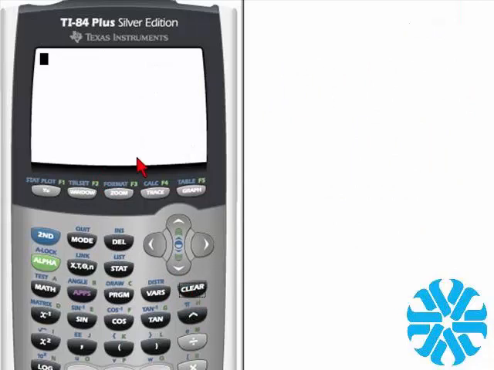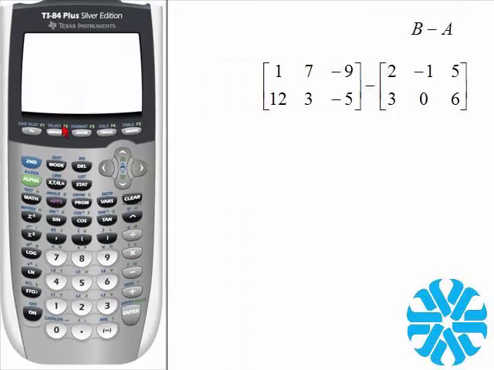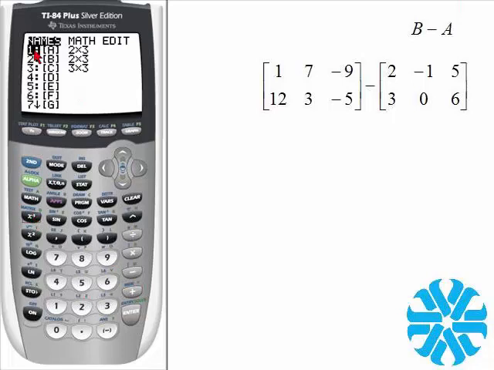Alright, for example number 2, we would like to find the difference of matrix B and A. So let's go to second function matrix. We want B, number 2, subtract, so you use the subtraction operator, and second function matrix, and we want to subtract matrix A. So we select enter. So we have matrix B, subtract matrix A, select enter,